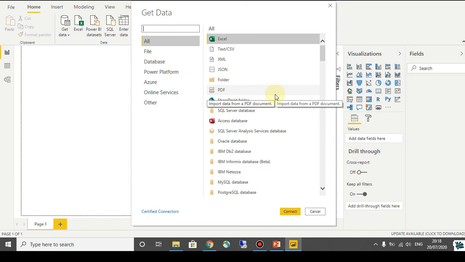The sources are categorized into various formats, like file format.